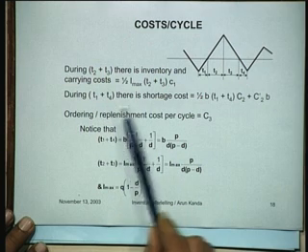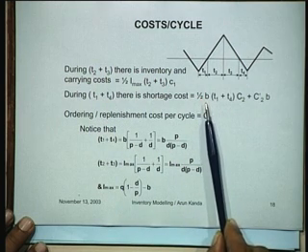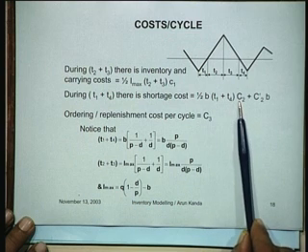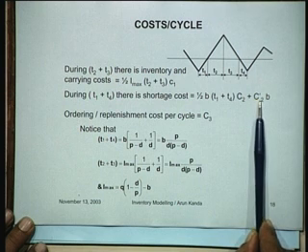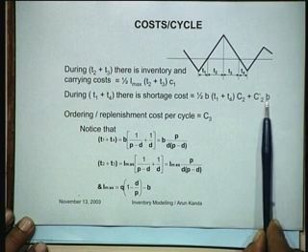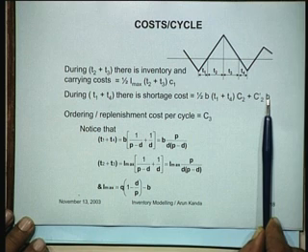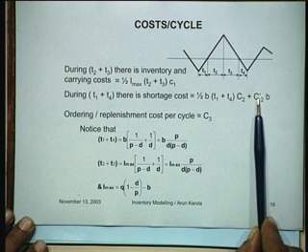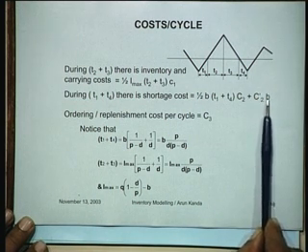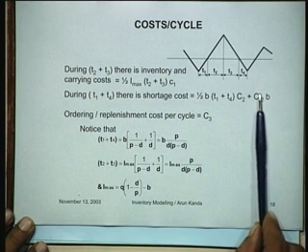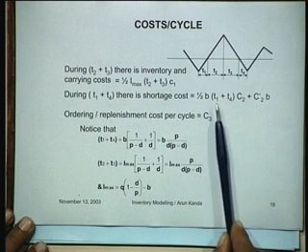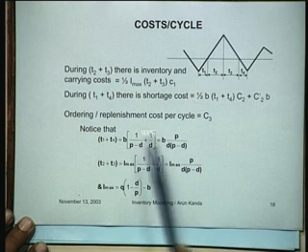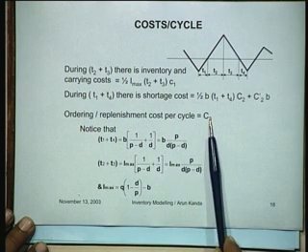And during T1 plus T4, you have a shortage cost. Here we have both a back ordering cost, which is C2, and a lost sales cost, which is C2 prime. So C2 prime into B, because B is the number of lost sales, let us say. For each order lost, you lose certain goodwill. So since you have lost or back ordered B units, you have lost so much in terms of goodwill or a lost sale. And this is of course your cost of back ordering. So the ordering and the replenishment cost per cycle is C3.